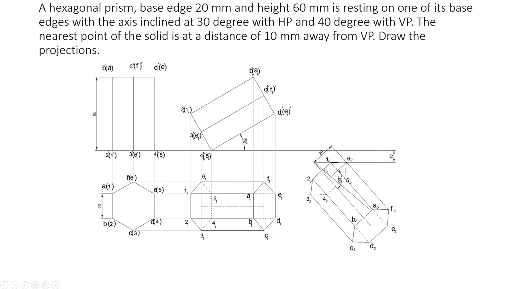From here you mark that dimension like this, perpendicular like this, and this side, this dimension, half of this dimension. From here you mark this side, and half of the dimension you mark this side. Similarly from here you mark this 20 mm like this and like this. Similarly from here, this distance, half of this distance from here to here like this, here to here. Same way you draw here also, this distance